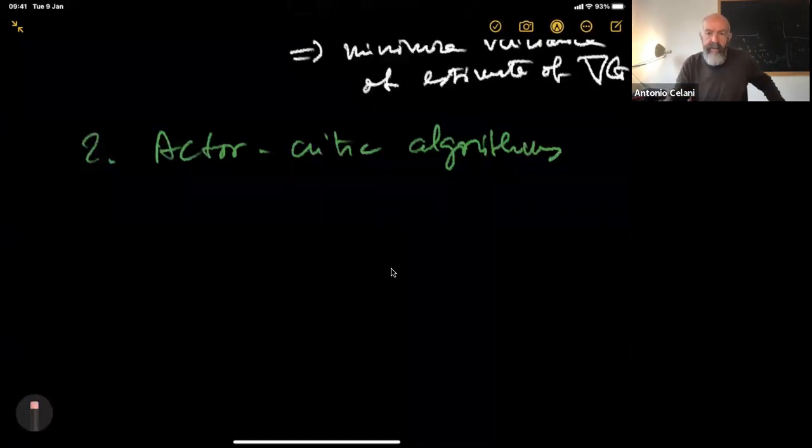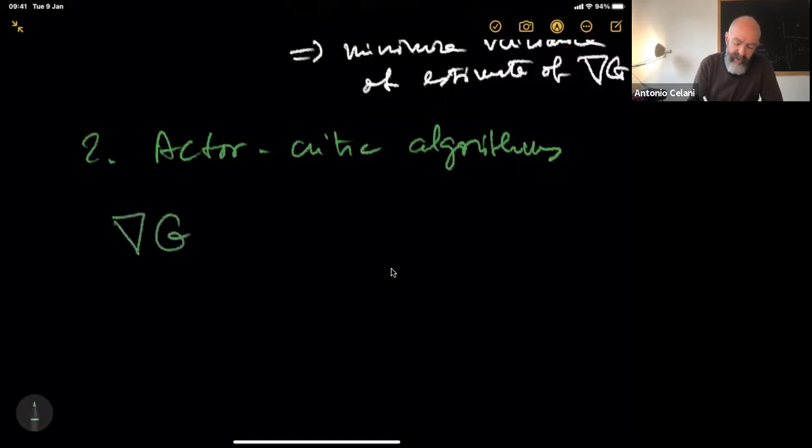So let's resume the discussion and let's just recapitulate the kind of steps that we took so far in order to introduce the next class of algorithms, which combines ideas from actor only and critic only and merge them together in this new class of algorithms, which are called actor-critic algorithms. So everything starts from the policy gradient theorem,